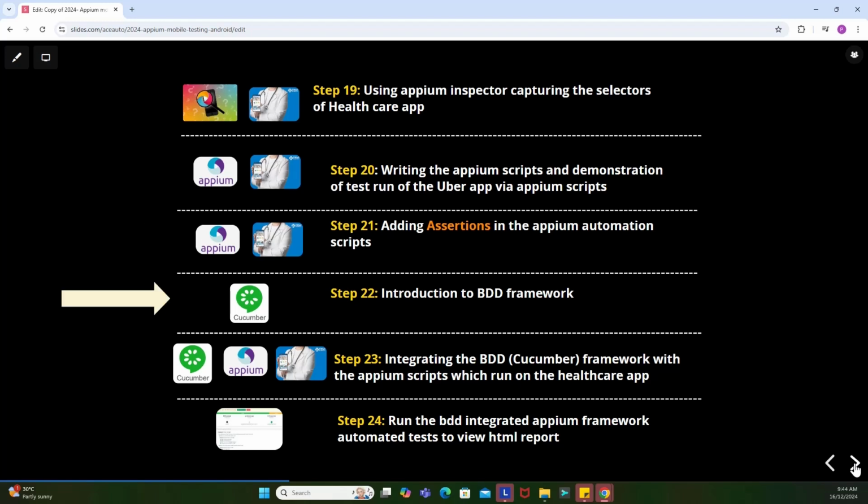Then we'll move on to step number 22. We will have a quick look at the introduction to BDD framework. Then we'll move on to step number 23, integrating the BDD Cucumber framework with Appium scripts which run on the healthcare app. And step number 24 will be the last, where we will be running our BDD integrated Appium framework